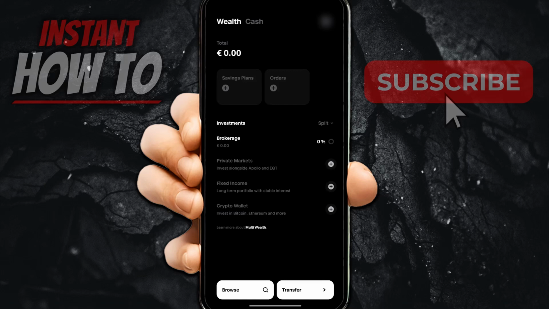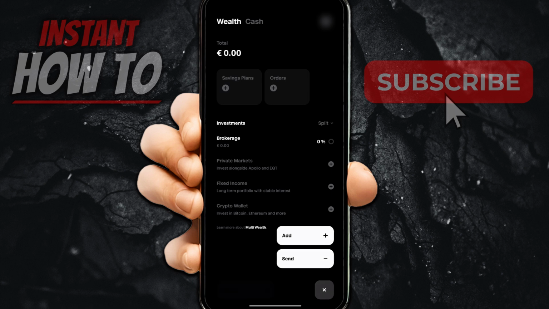In this video, I'm going to show you how to transfer money from Trade Republic to a bank account. Now, the first thing you want to do is go to the Wealth or the Cash tab up top, and then go to the Transfer button at the bottom right, and tap